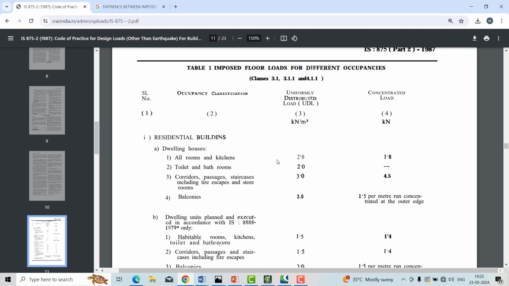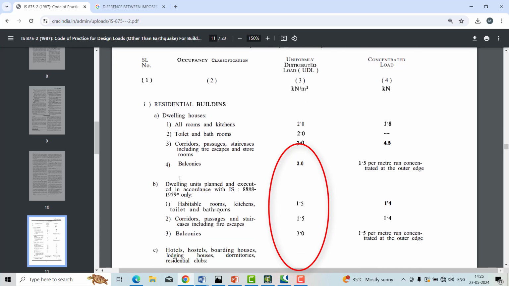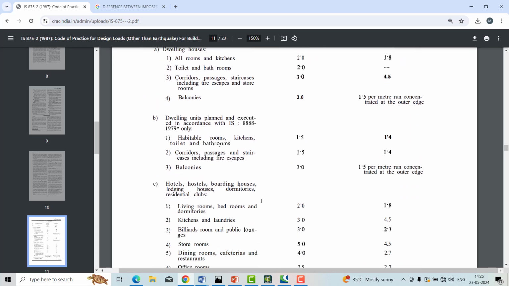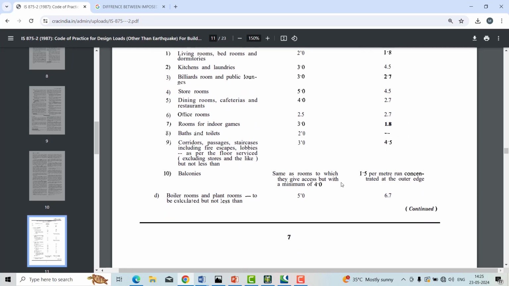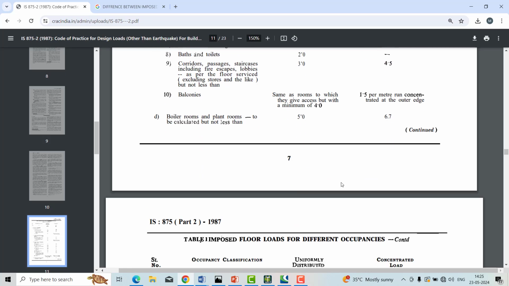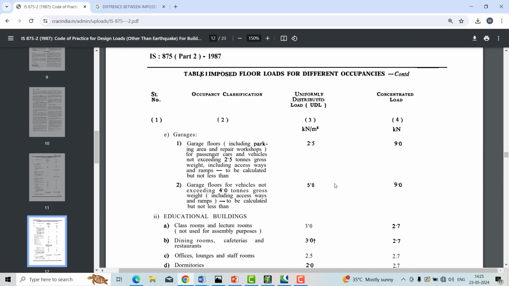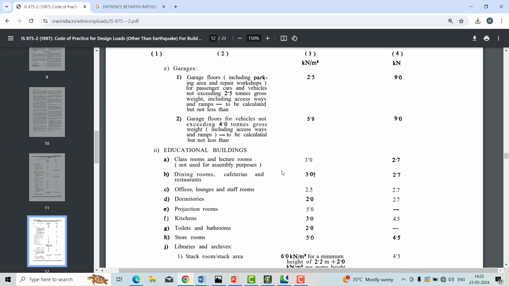Residential building, all the rooms and kitchen, normally we take 2 kilonewton. Concentrated load is then 1.8, and in balconies it is 3, and kitchen and laundries it varies around 3 to 2.5. The next, garage, is 2.5. You just have a look here.